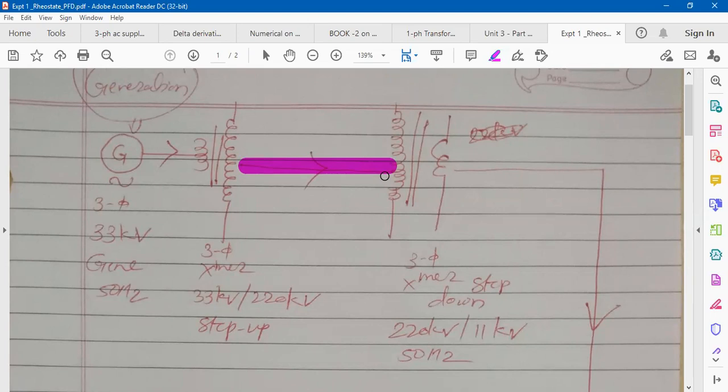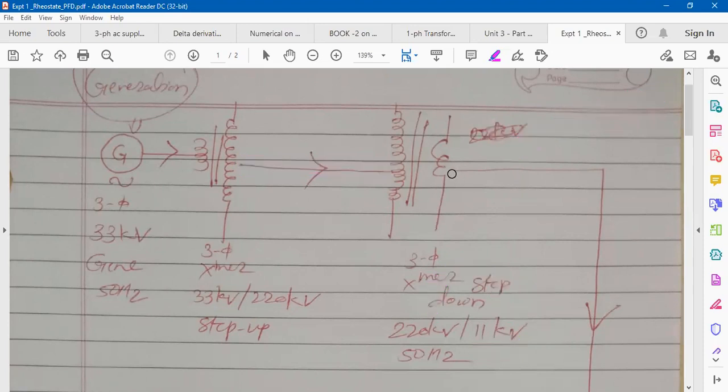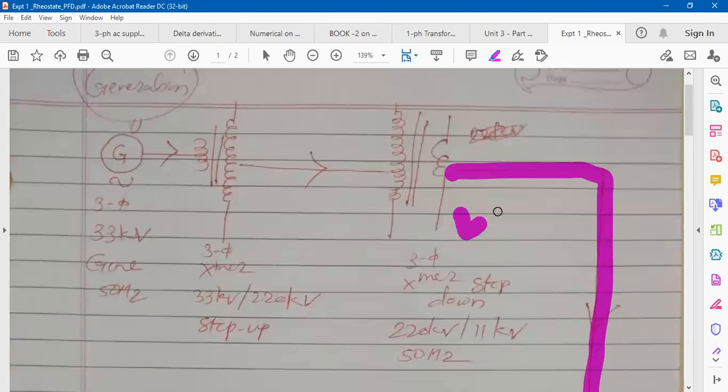Or in an electrical lab, suppose we want 420 volt, three phase. Otherwise, everywhere single phase is required. Industries also require three phase 11 kV or 420, isn't it? So there is a need now to step it down once it reaches the distribution end, isn't it? So a step down transformer to step it down to 11 kV. Now some industries, if they require 11 kV, can use it. And then further it is transmitted over a smaller distance. This one is a step down transformer.